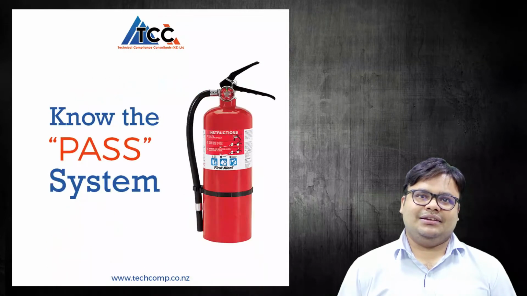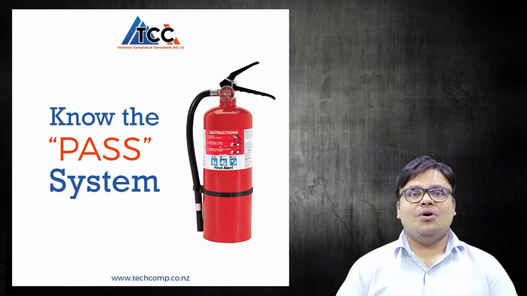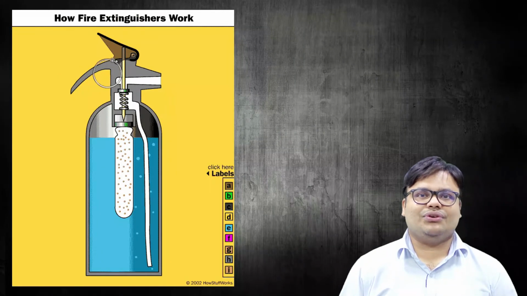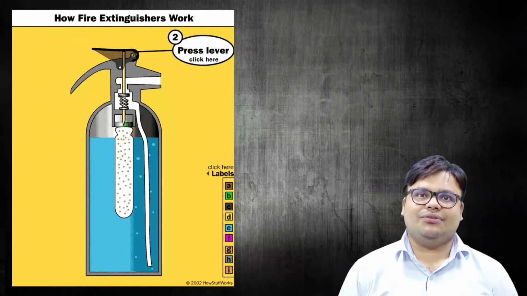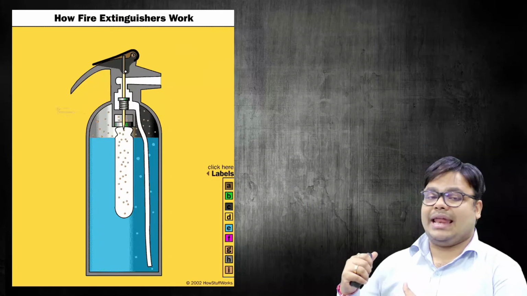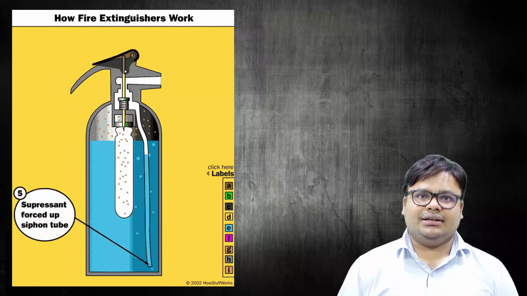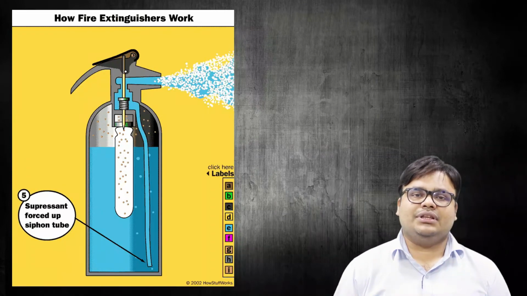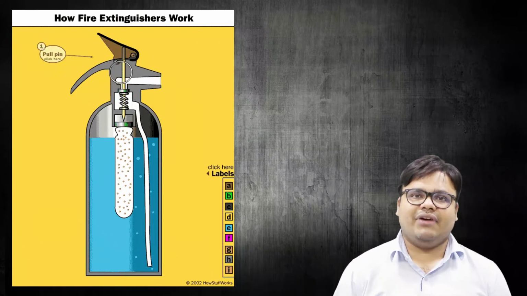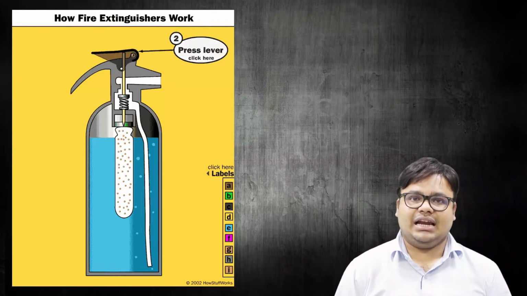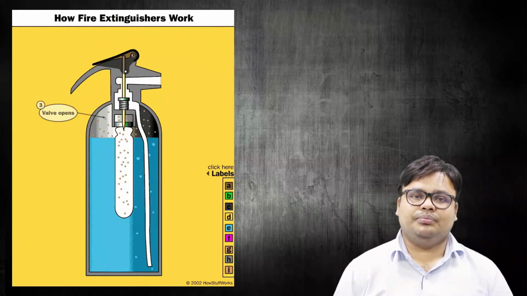Then let us move on to the working principle of fire extinguishers. So here let me explain. Most of you will be thinking how a fire extinguisher really works. So here one small animation is there in the slide. As you can see, when you push the trigger, it punctures one of the small cylinders inside the fire extinguisher. It has high pressurized compressed air inside that one, and after pushing the trigger,